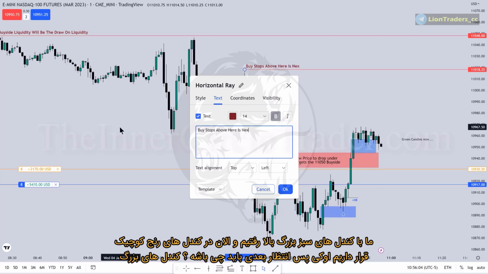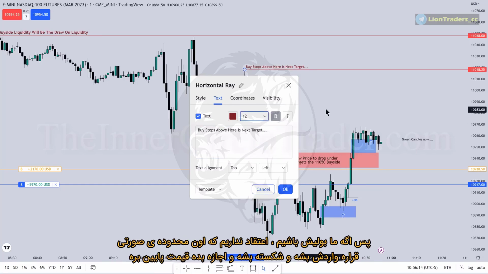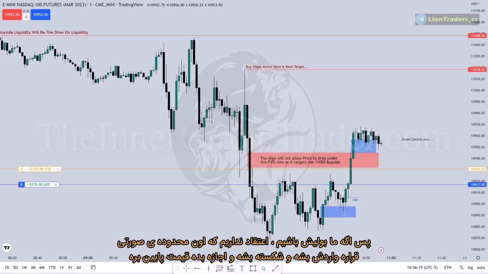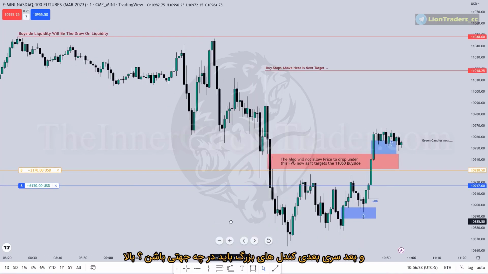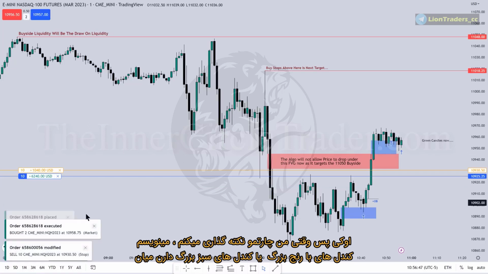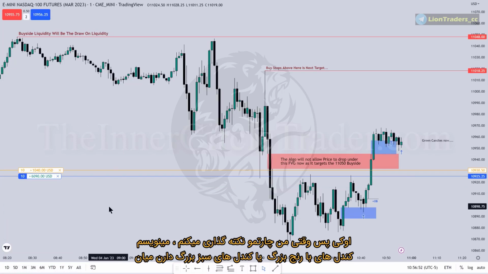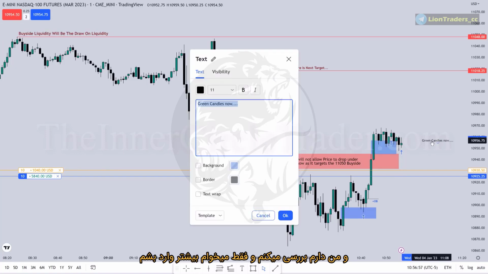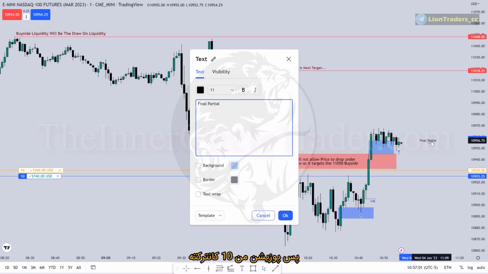Okay, so the next expectation would be what? Big candles. So if we're bullish, we don't think that that pink area is going to break and allow price to go down, then the next series of big candles should be in what direction? Up. Okay, so when I'm annotating my chart and I'm typing out, large range candles are coming or big green candles are coming, I'm studying, and I just went in and bought more. So my position's at 10 contracts. I'm saying this is a final partial entry, but